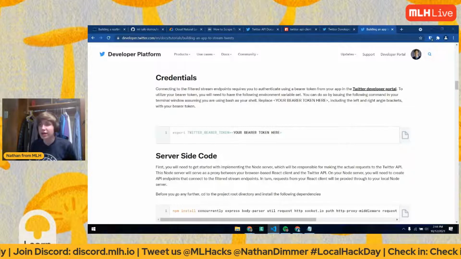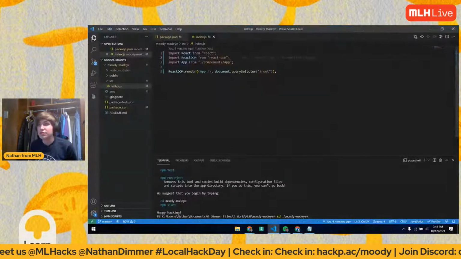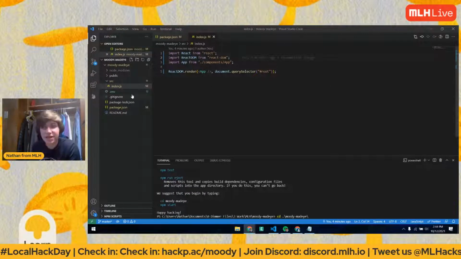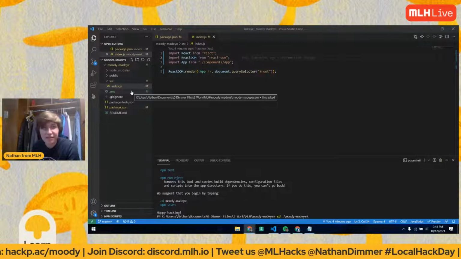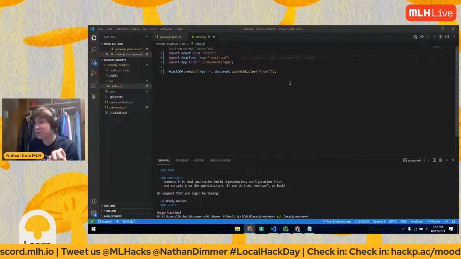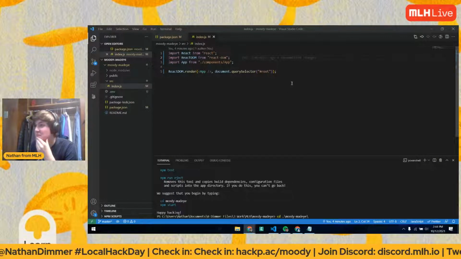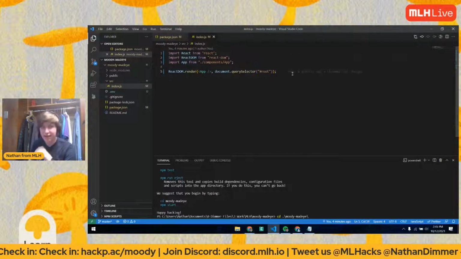And I'm going to save the file and close it. So y'all notice that there's a .env file now that has been edited, that contains my bearer token. Because we're trying not to get banned off Twitter today. Okay, so now,